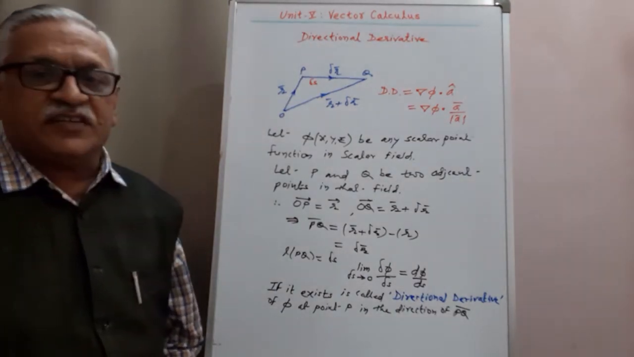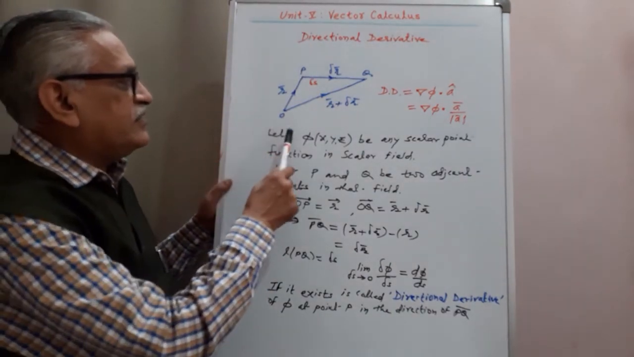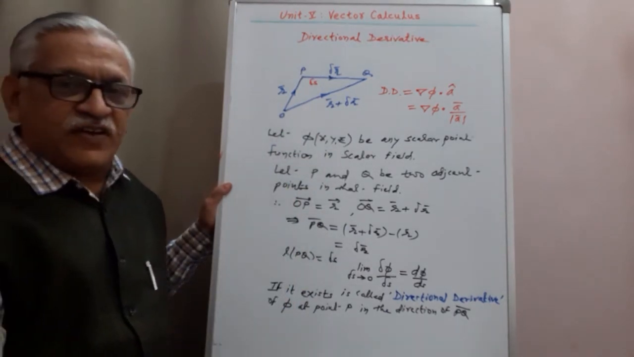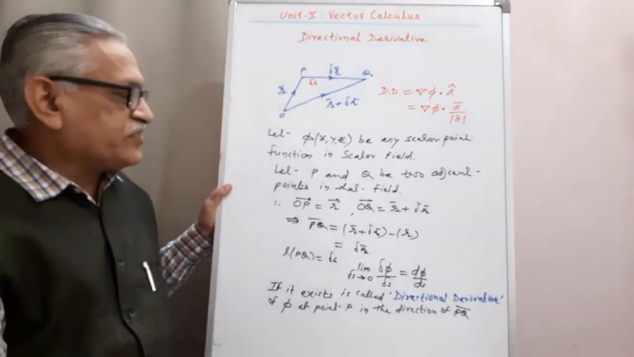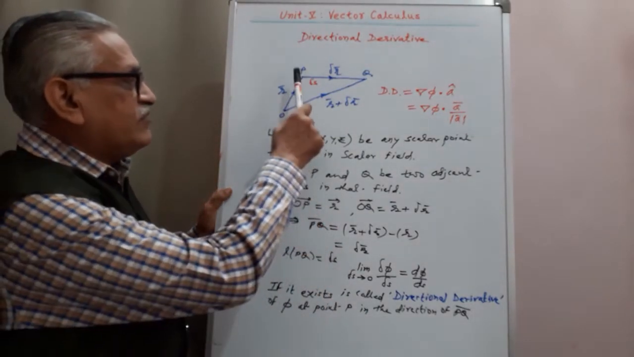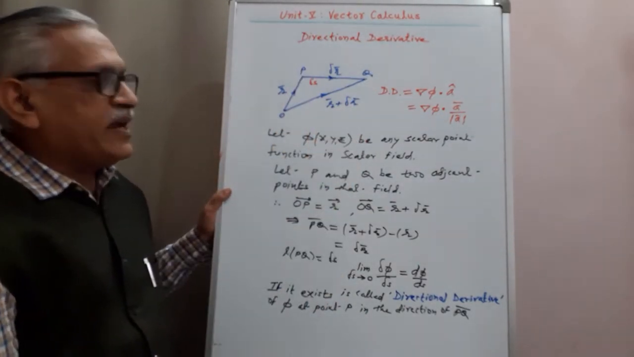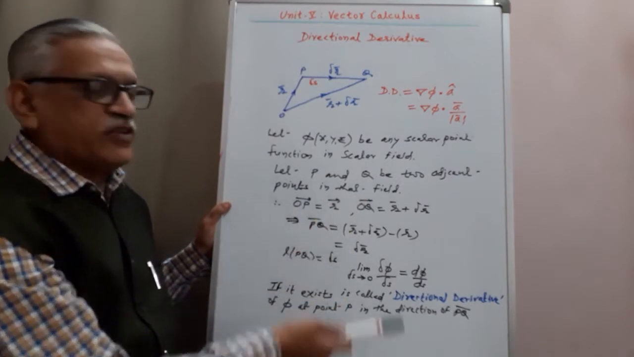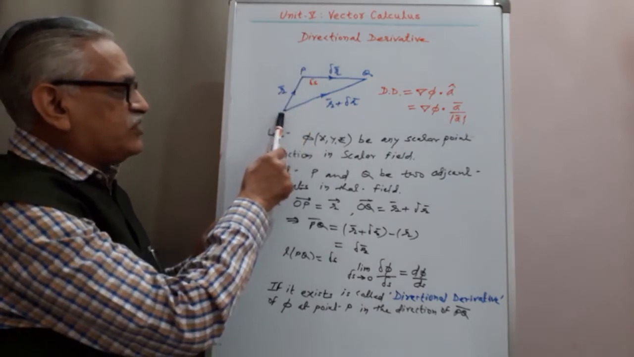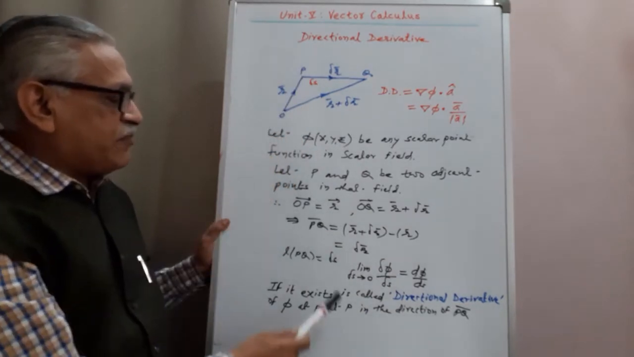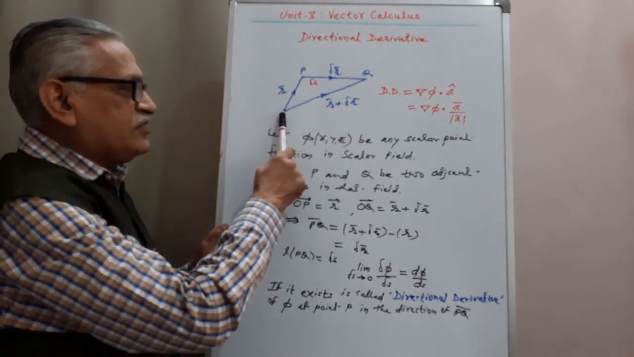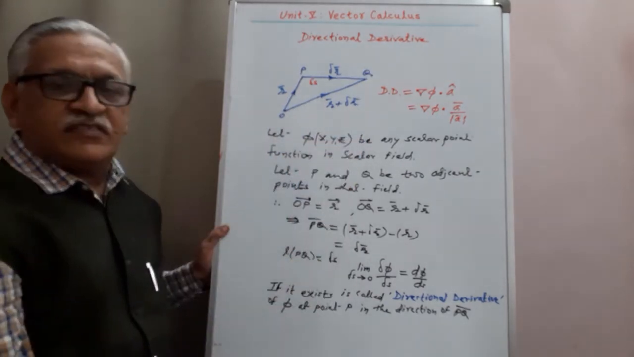To explain this concept, let us see the figure. Let phi of x, y, z be any scalar point function in this scalar field, and we have two points, point P and point Q, two adjacent points in that field. If we join point P with origin O, we get its position vector as r bar, therefore vector OP is r bar. If we join point Q with the origin, we have another vector OQ